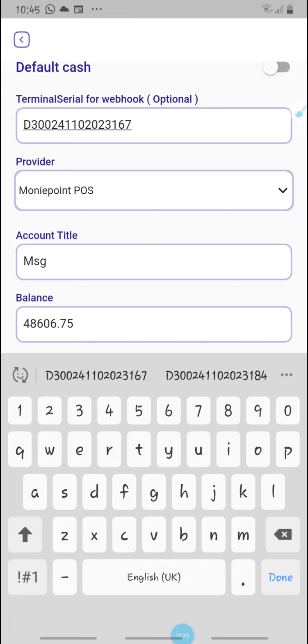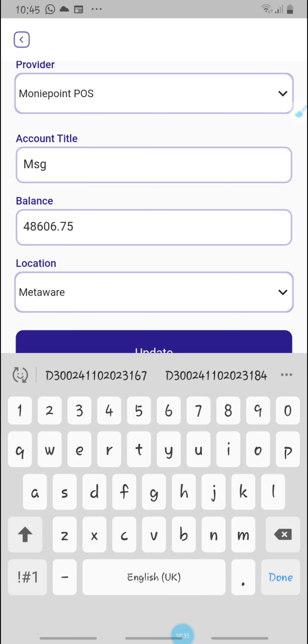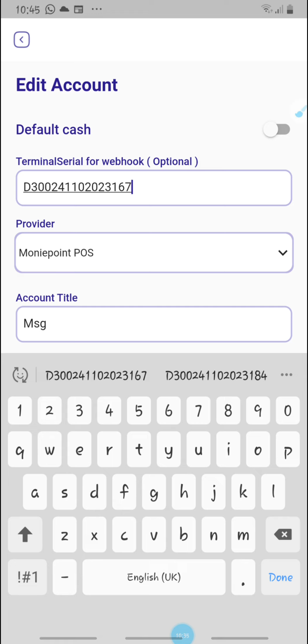So you type that in here. Once you have that in here, that is all you need to do. For this particular section, you don't need default cash. You don't need it on the terminal account. So you do this